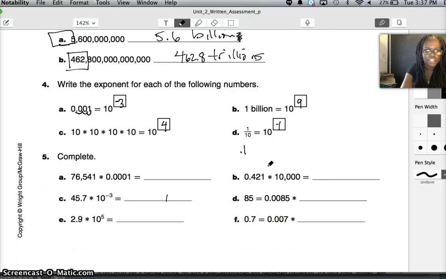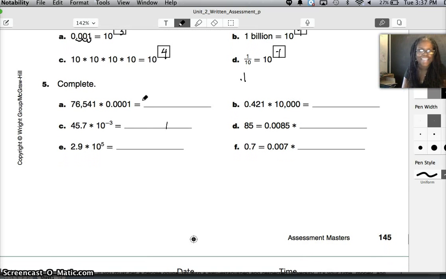All right? The next thing that I'd like to talk about is actually doing these problems down here, which can be tricky. So let's think about a way that we can handle it. What we do is we say, hey, when I multiply this big number by a small number, is it going to get smaller or bigger? And hopefully you guys realize it's getting smaller. How many decimal places? I count them: 1, 2, 3, and 4 to get to the whole number 1. So that means I'm going to move this back because it's getting smaller. 1, 2, 3, and 4. So your answer is